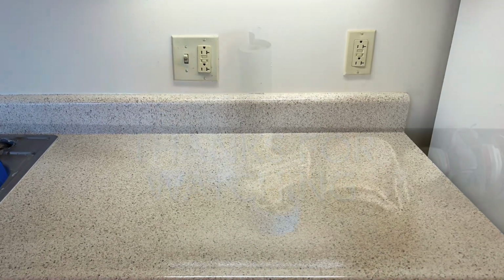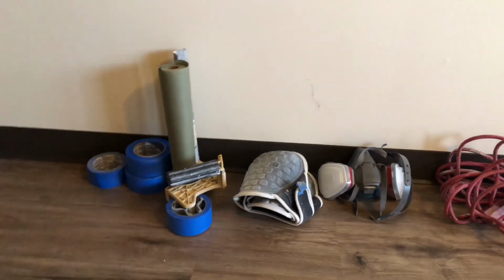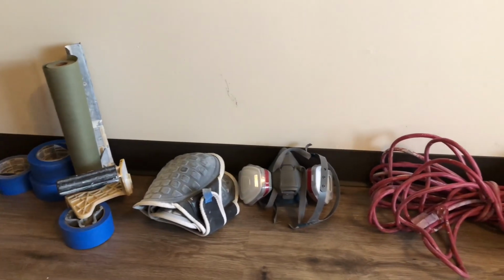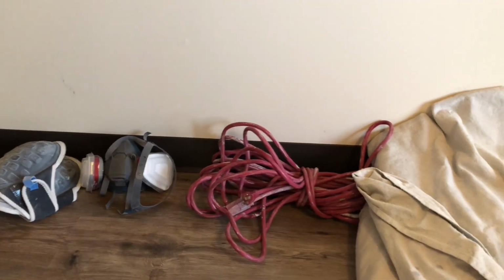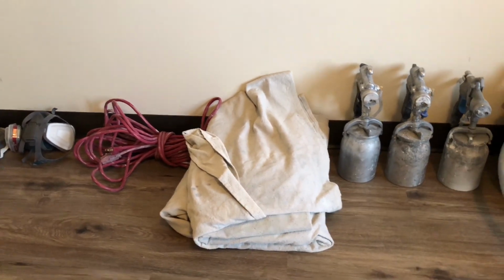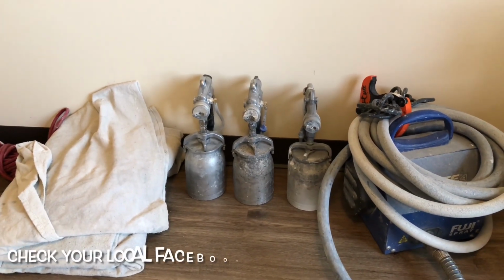I'm gonna show you my supplies. Okay, so here I have the paper machine with my tape, knee pads, and mask. That's a 3M mask you can get at any hardware store. Extension cord and drop cloths. And my 3 guns. For this, I'd use 3 different guns. For a tub, I use 2 different guns. There's my compressor. It's a Fuji